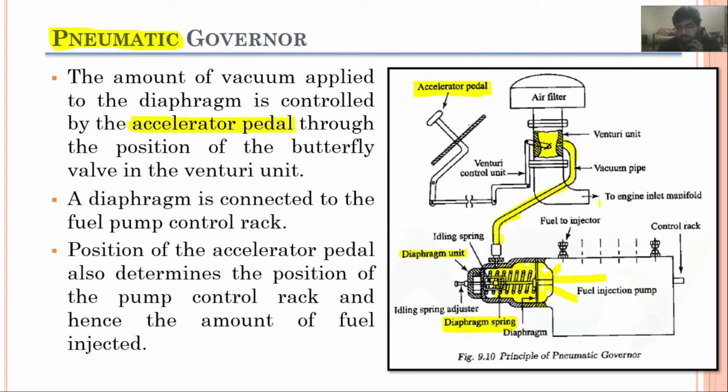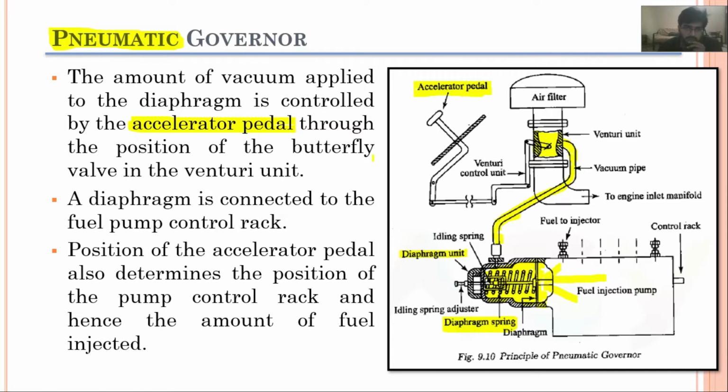Since we have an auxiliary venturi in these pneumatic governors, with the help of this vacuum pipe, vacuum is generated inside this diaphragm unit, and this diaphragm will move against the spring, thus controlling the fuel rack and delivering the desired amount of fuel